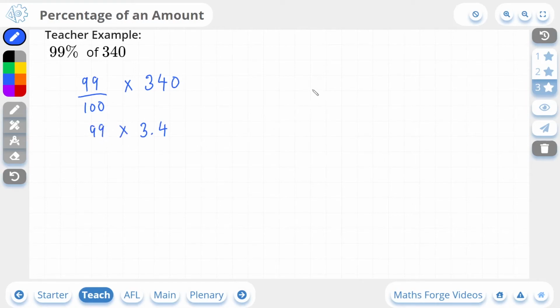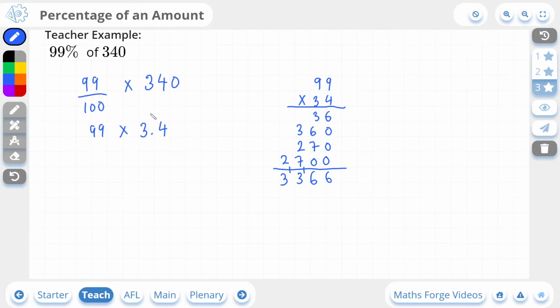Now 99 times 3.4, if you remember how to multiply decimals from the lesson on multiplying decimals, it's going to be 99 multiplied by 34. So we ignore the decimal point and we just do this multiplication normally. 4 times 9 is 36. 4 times 90 is 360. 30 times 9 is 270. And finally, 30 times 90 is 2,700. And now if we add these numbers up, this is going to give us 6 here. It's going to give us 16 here with the 1 carried over. It's going to give us 13 here with another 1 carried over. And of course, 2 plus 1 is 3. So the answer to 99 times 34 is